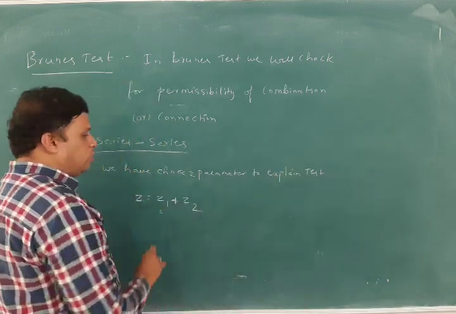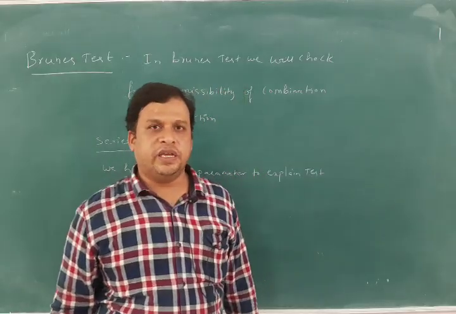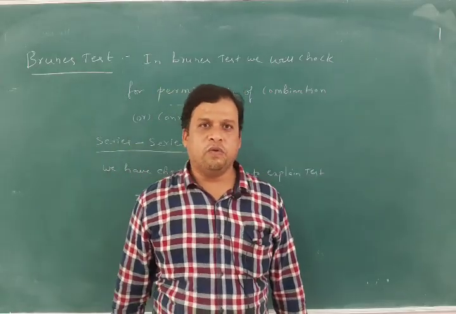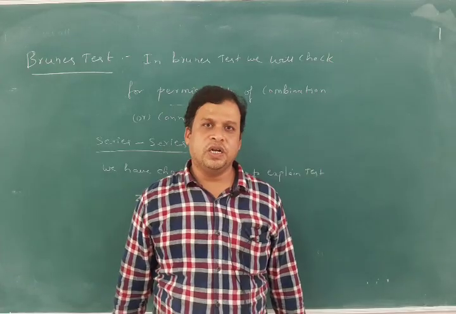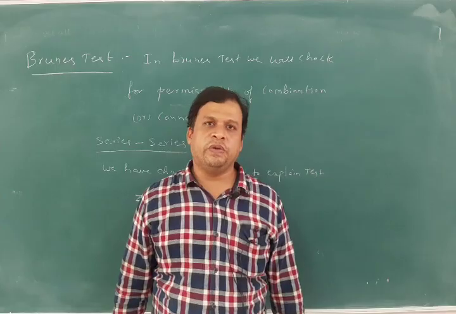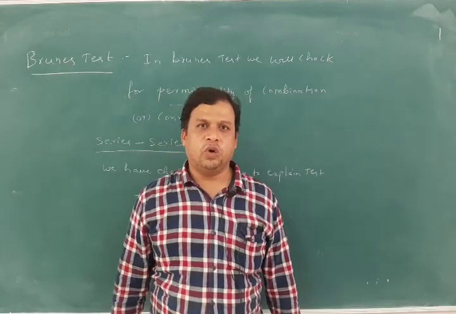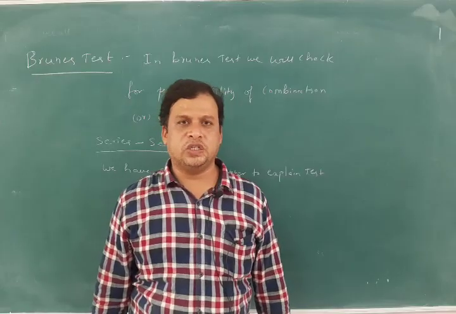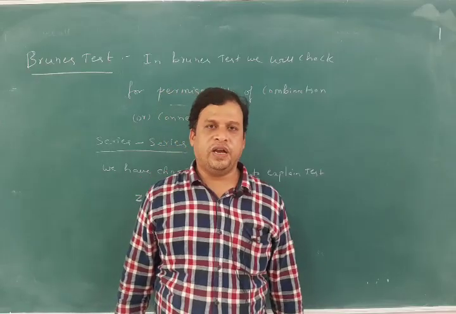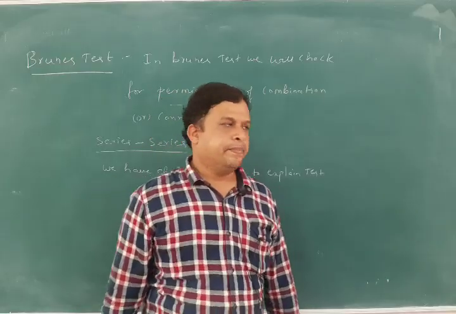As we know how the series connection is drawn, we will see it using a voltmeter. Here a voltmeter is used to check the Bruns test. We will use a voltmeter on one of the ports to check whether the voltage remains 0 or is non-zero. We will find out whether the two-port network has cleared the Bruns test or not.